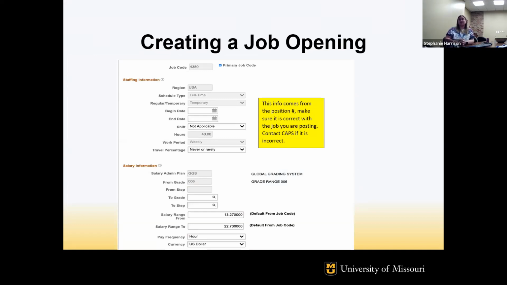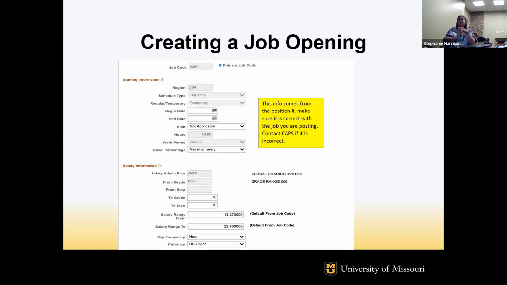Okay. So if you scroll further down on that same page, this is where it's going to show more of the position number information. It's going to show you what the primary job code is, and if it's full-time or part-time. If it is full-time, but it's had a reduction of FTE, say the person you're replacing only worked 32 hours, but this person's going to work 40 hours, then you would see this information here. And again, if it needs to be updated, go ahead and send us an email so it can be updated prior to it being put on the website. It makes it easier.